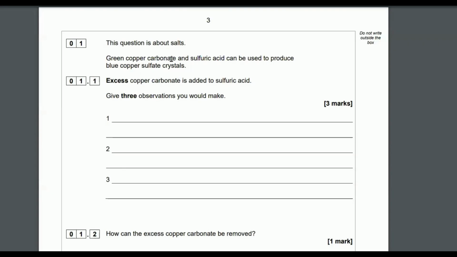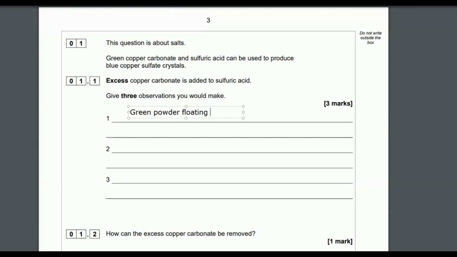So if we have green copper carbonate and sulfuric acid, and we want to produce blue copper sulfate crystals, if we add excess copper carbonate to the acid, what 3 observations would we make? Well, the green copper carbonate would react with the acid, and because it's in excess, we would see green copper carbonate, so green powder, floating,